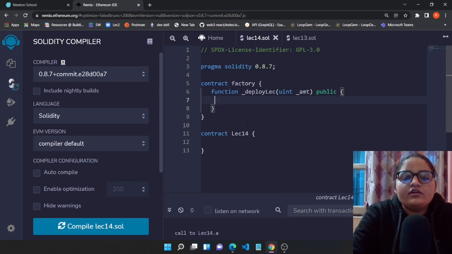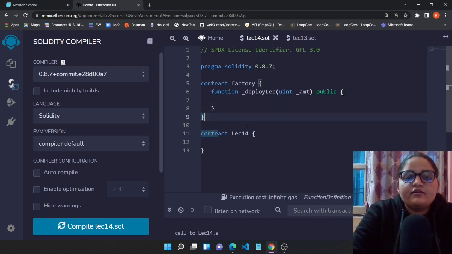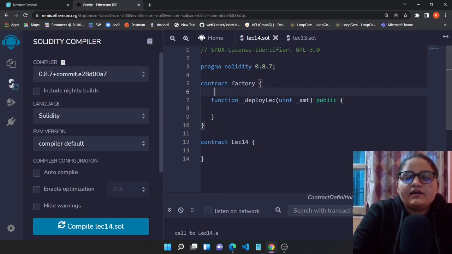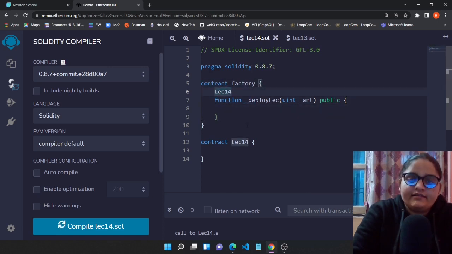And over here we could simply have a few things, but before that we need to create an instance of this particular contract. So let's just copy this contract name and paste it. So this is the name of my contract which we are going to deploy using the Factory contract.